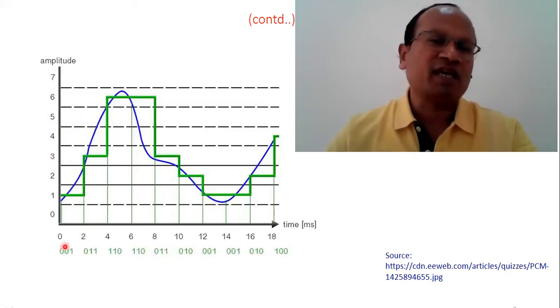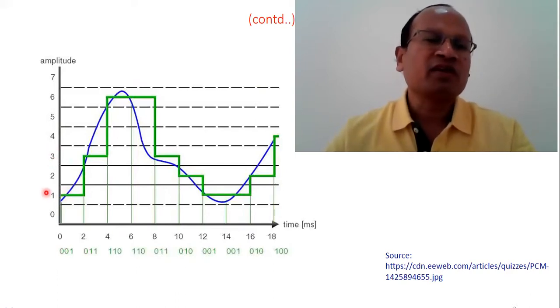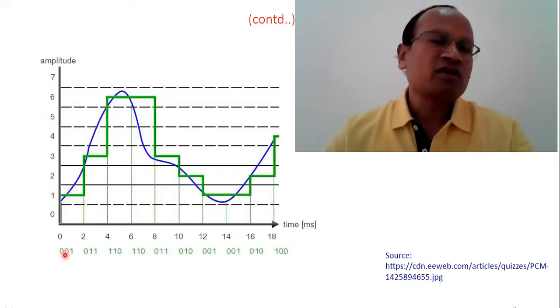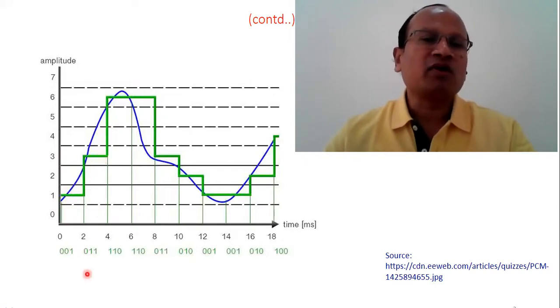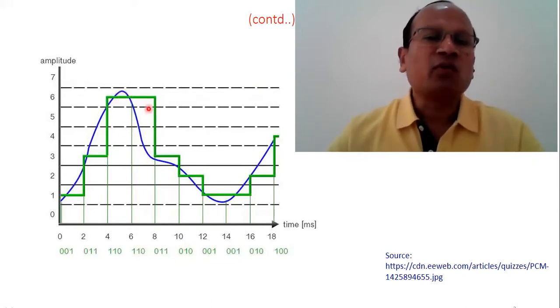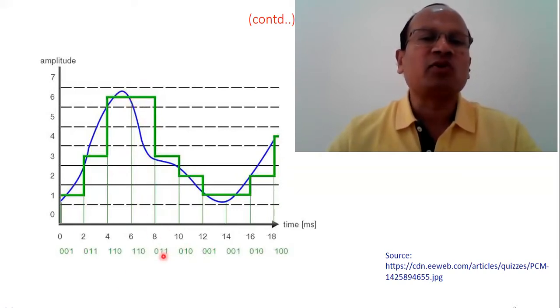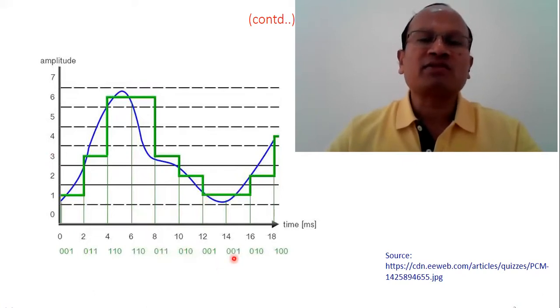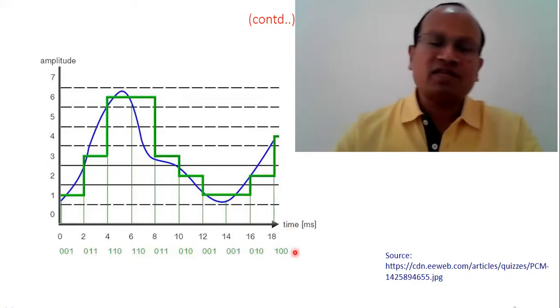The respective samples will be nearer to any of the binary codes. Say the first pulse, which is nearer to 1, and 1 is assigned as 001. So this outputs 001, the next one 011, the next one, you look here, there are two pulses which are nearer to 6. So they will be 110, 110. And then comes the next level, which is again 011. Then the next level is nearer to 2, which is 010. Then there are two ones, 001, 001. The next one is 010, and the next one is 4, which is 100.